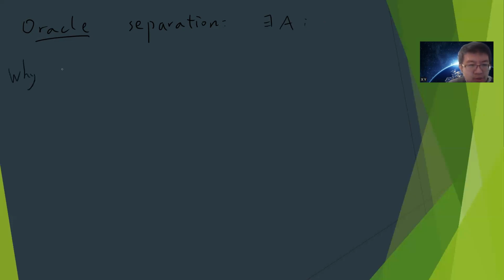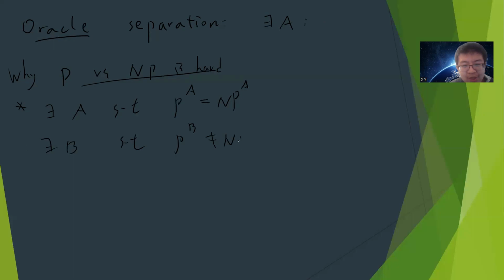There is a famous result for why P versus NP is hard: there is a theorem that you can find an oracle A such that P^A is the same as NP^A, and an oracle B such that P^B is different from NP^B. This tells you that you cannot use the diagonalization method to prove P is different from NP or P is the same as NP, because there are oracle separations which make it the same or make it different.